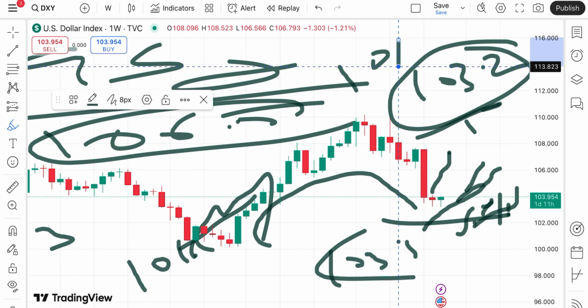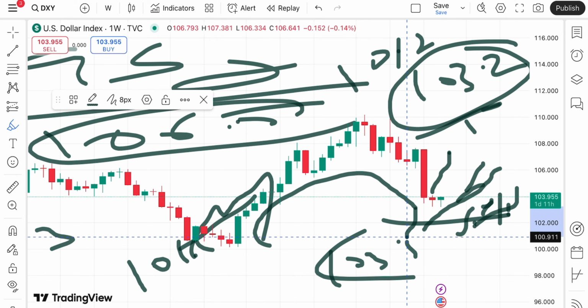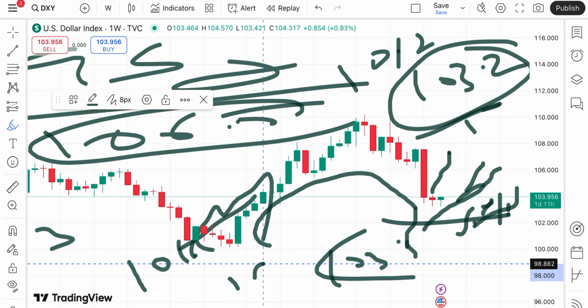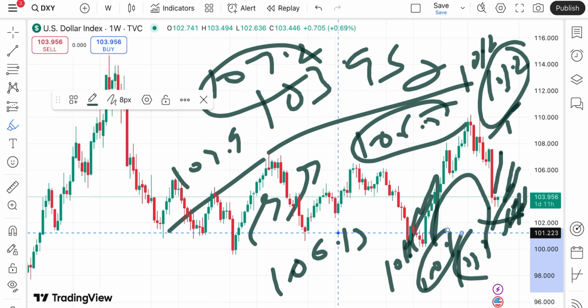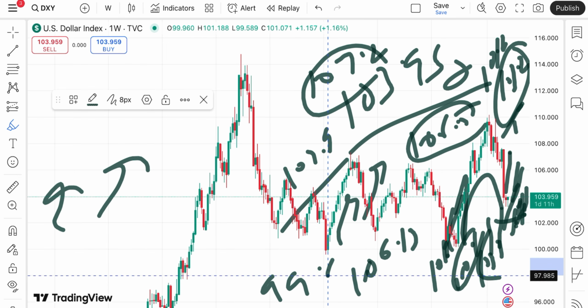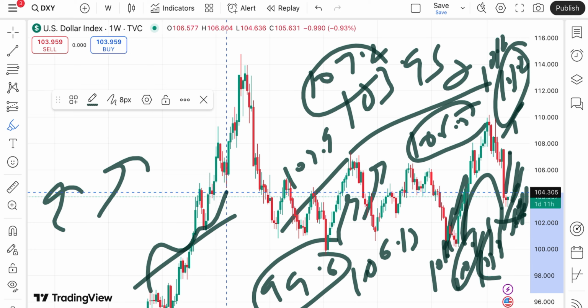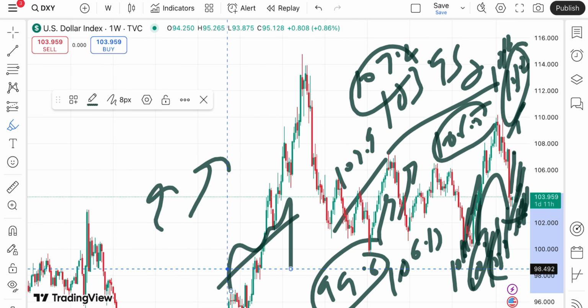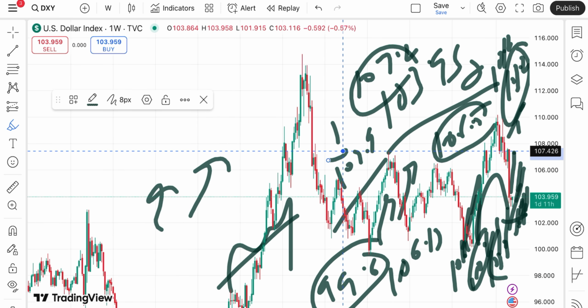level of around 101.2. And if the price started falling below that particular level, chance of moving below a level of 100.1 is there, and if the price started falling below that particular level, chance of touching 99.6 is there, and because this level is already a weak support, chances are high the price will move further low.